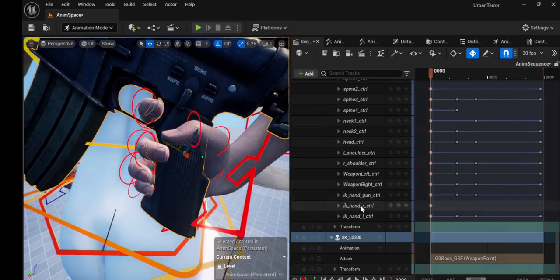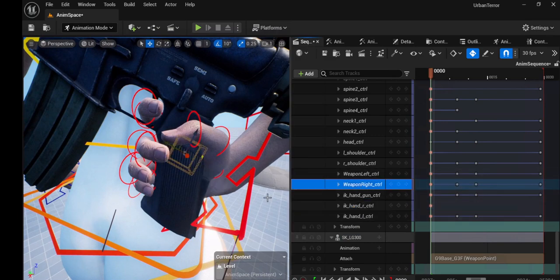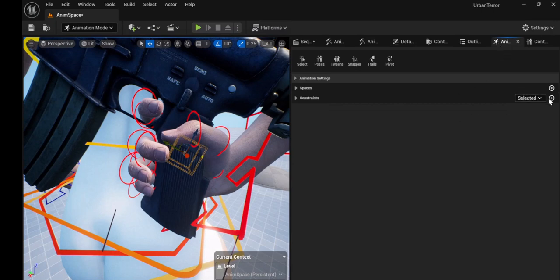Right, so we'll have weapon right control. So that's the weapon is stuck to the control, but what the control isn't done at the moment isn't stuck to the hand bone. So I need to constrain that, parent it to this one,